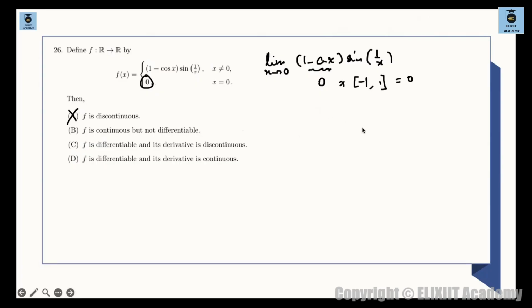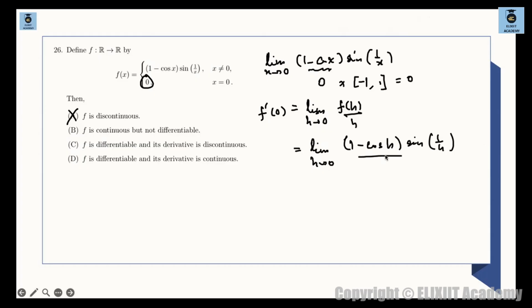Now whether the function is differentiable or not, what we can do, we can just simply verify with the help of definition. Find what is f dash of 0. So f dash of 0 will be what, limit h tends to 0, f of h minus f of 0, which is 0 only, तो लिखना ही नहीं है, divided by h। तो f of h क्या होगा, f of h is 1 minus cos h, है ना, into sin of 1 by h, और फिर whole divided by h।